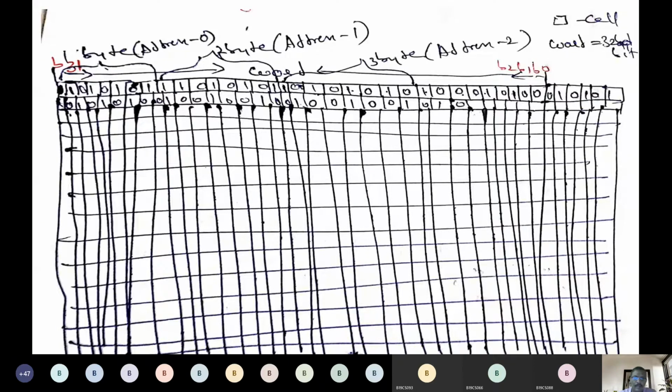So remember, a byte means how many bits? 8 bits. So 32 divided by 8, so it is 4. 8 bits we call 1 byte. All these 4 bytes together I call a word in my computer, 32-bit.